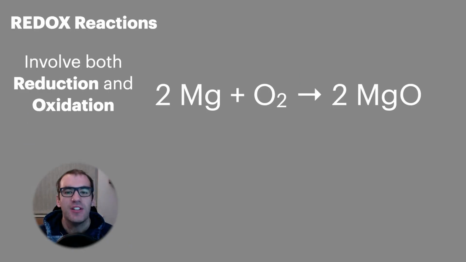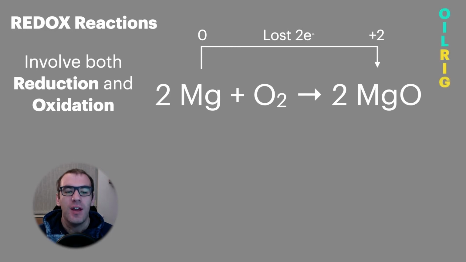So a redox reaction involves both a reduction and an oxidation process. This is where the term redox comes from. If we consider this simple combustion reaction, we can see that magnesium has gone from its element, which is an oxidation state of 0, to being combined with oxygen and now has an oxidation state of +2. We can see that it's lost 2 electrons, so remembering our mnemonic OIL RIG, we can see that this is